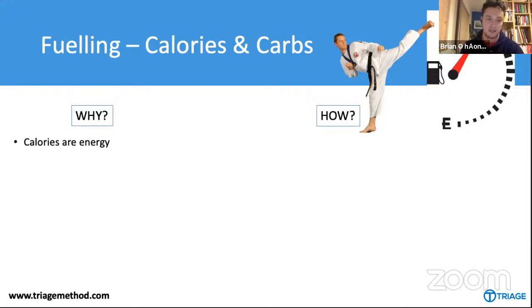It's very basic stuff here. Calories are also important when considering body composition. By that I mean muscle mass and body fat levels. So if someone wants to get leaner, i.e. lose weight in the form of body fat, that's going to be done by manipulating calories. You may not know you're manipulating calories, but if you're losing weight, getting leaner, that is what's happening, right?